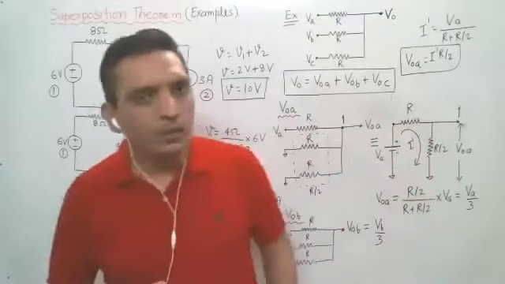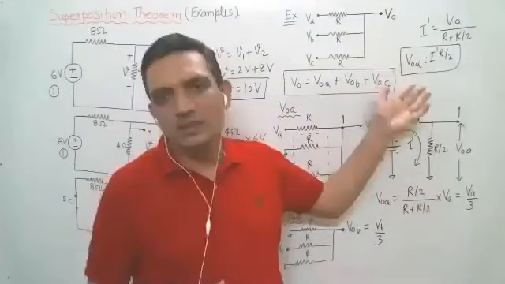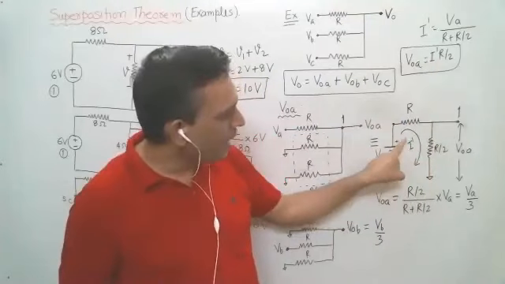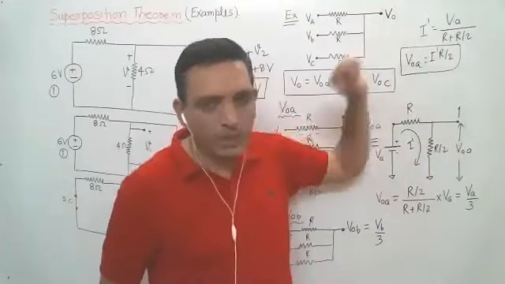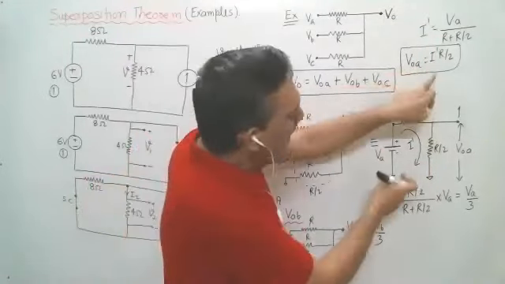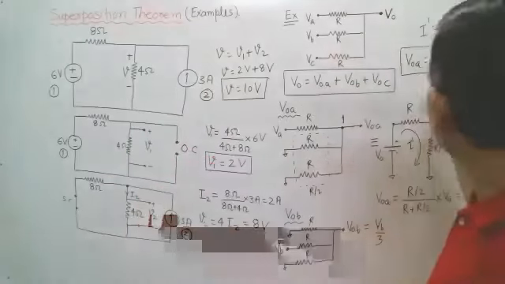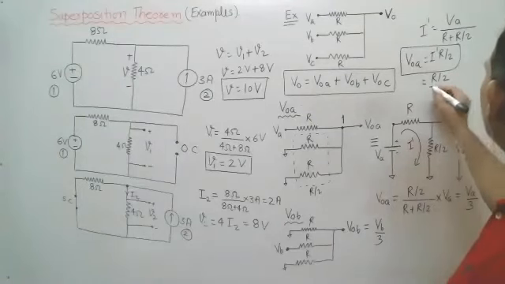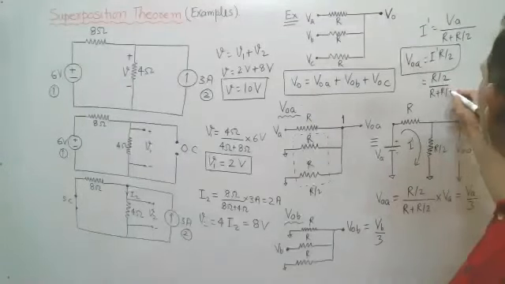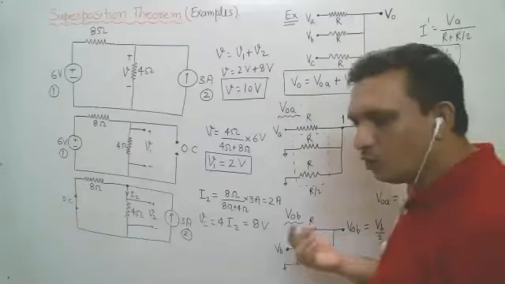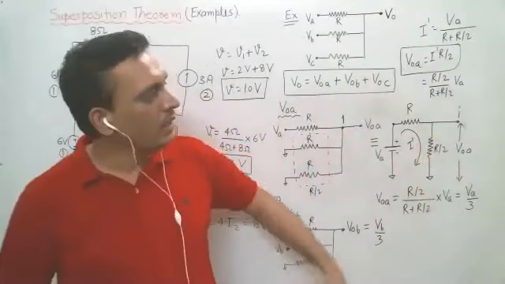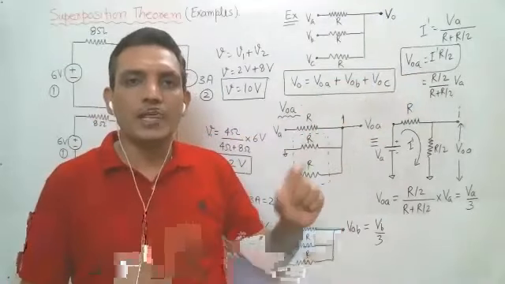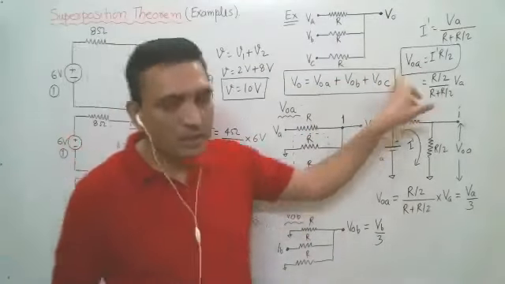Using the voltage division rule, you will get it in one step. Otherwise, V is equal to IR. First find the current in this loop, so I dash will be VA upon R plus R by 2. What will be this drop? I dash into R by 2, which is R by 2 by R plus R by 2 into VA. If you don't want to write voltage division, directly use this: find the current, and then the voltage drop is I dash into R by 2. Is it clear?